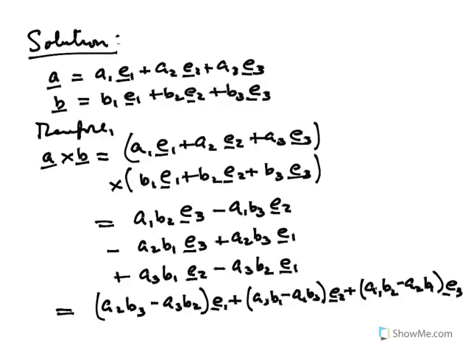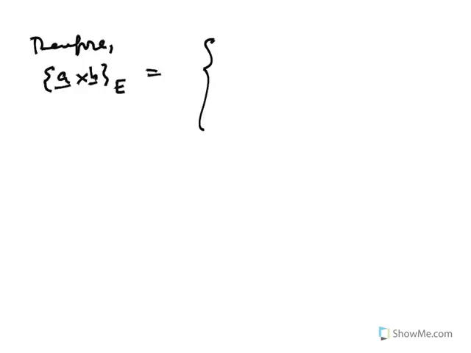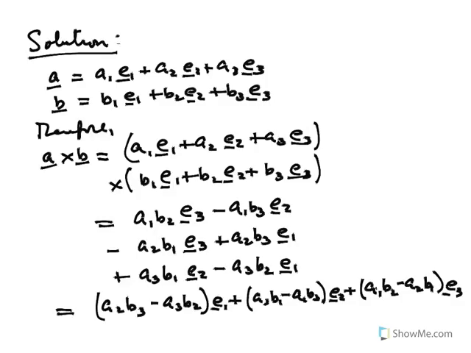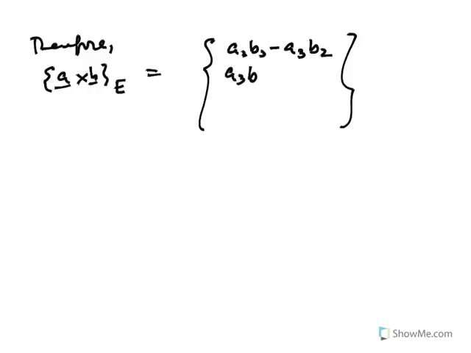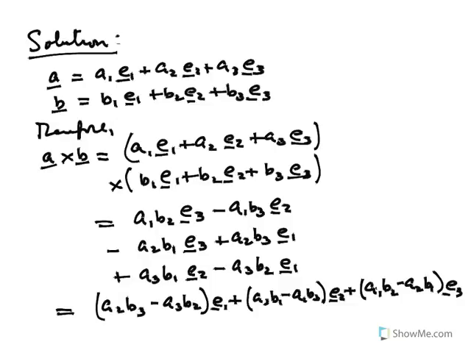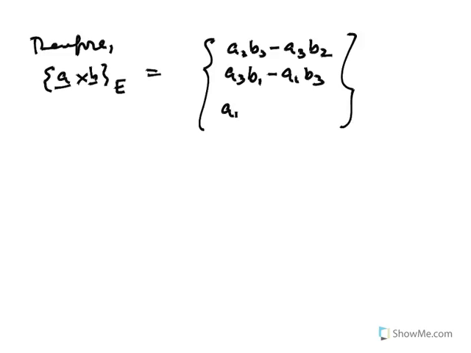So therefore, if I express the cross product in this basis E, I get the following. I get A2 B3 minus A3 B2. And then I get A3 B1 minus A1 B3. And then I get A1 B2 minus A2 B1,